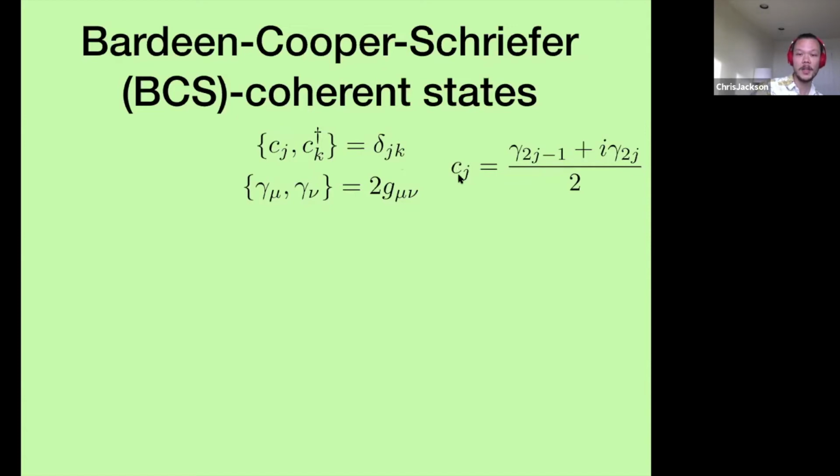And you can think of these operators as having a real and imaginary part. These real and imaginary parts are called Majorana operators. So I'm also tempted to call these canonical anti-commutation relations. This G mu nu, you can just think of as diagonal. That is equal to 1 when mu is equal to nu, and 0 when mu is not equal to nu. All right,